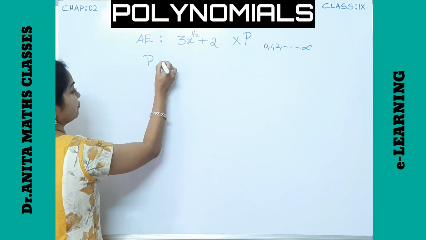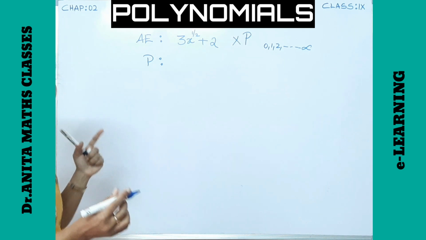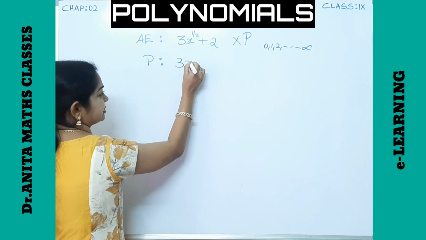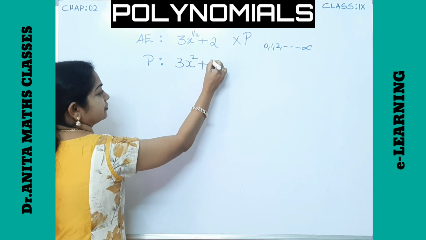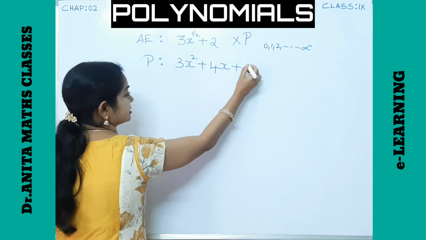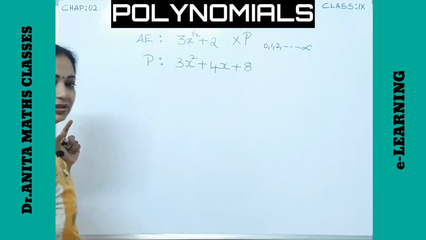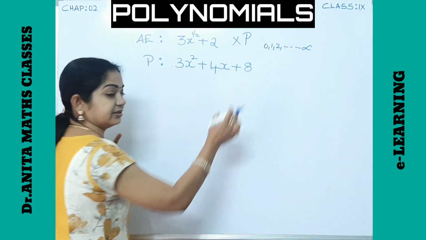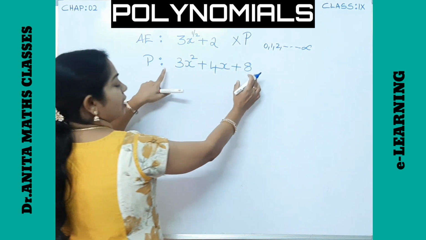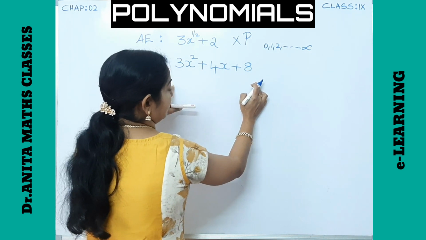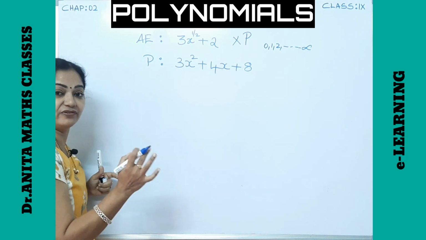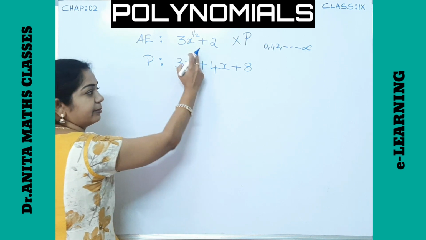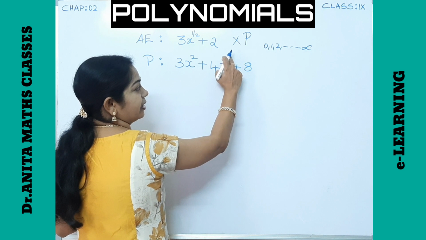Now when we take the case of a polynomial, let me explain polynomial. Let us take 3x square plus 4x plus some 8. Here how many terms are there? We have altogether 3 terms, right? I am telling that this is a polynomial because it satisfies the definition: an integer constant into variable to the power of a whole number. Here also integer constant, variable, whole number 1.